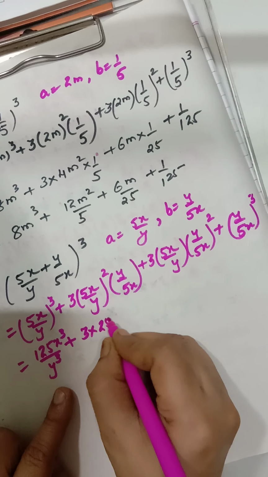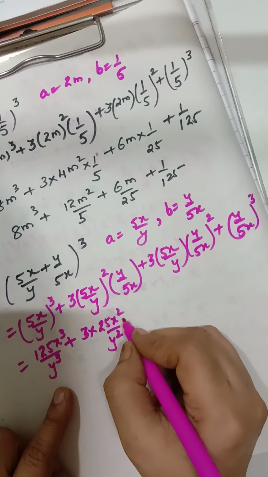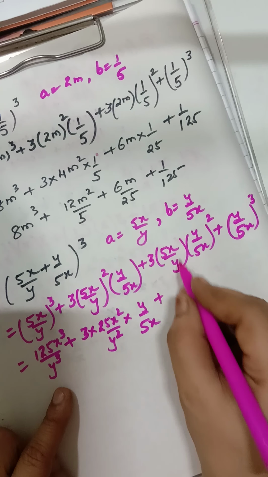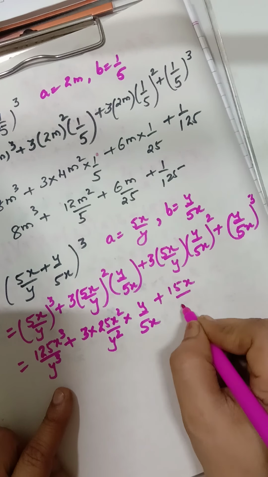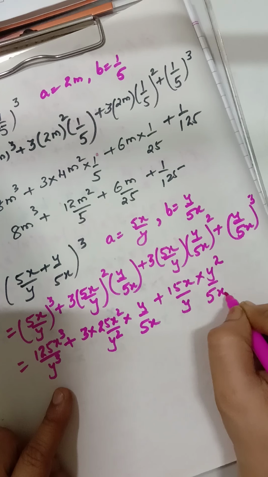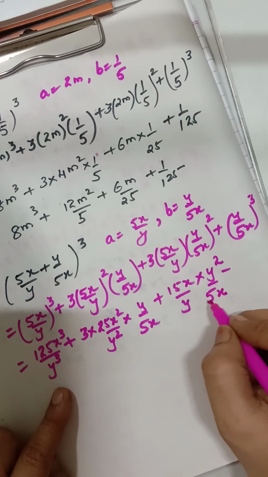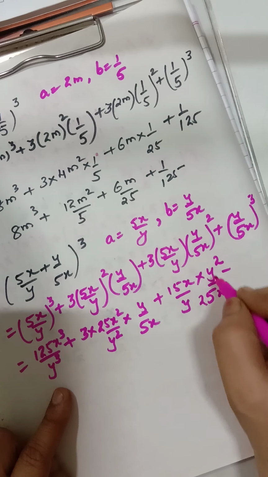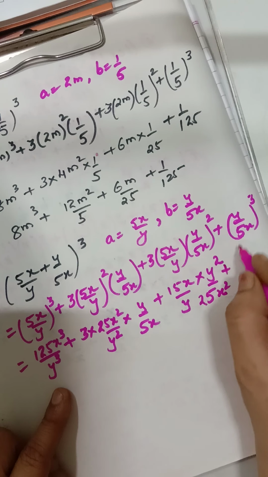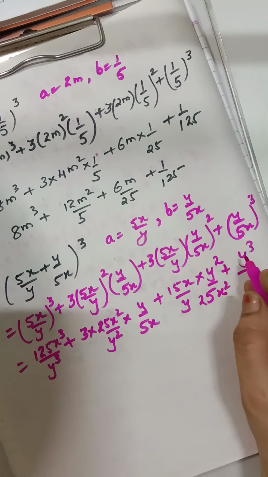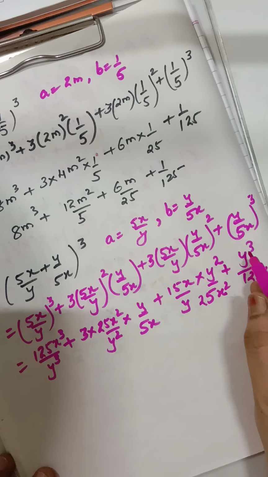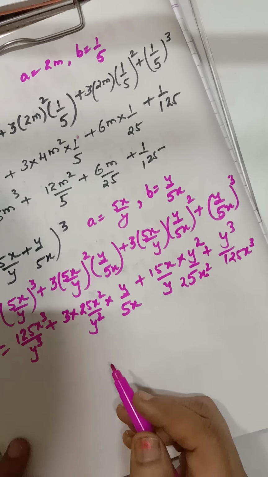will become 25x square upon y square, into y upon 5x, plus 3, 3 5s are 15, 15x upon y into, this is your y square upon 5x the whole square, so it will become 25x square. This expansion, y square upon 5x the whole square becomes 25x square, plus y cube is y cube and 5x cube will become 125x cube. How? 5 into 5 into 5. Now this is equal to